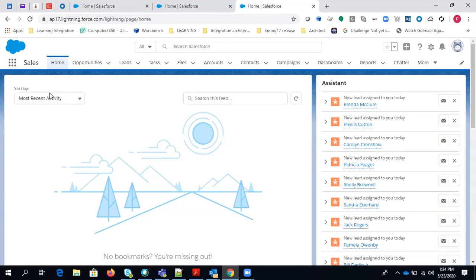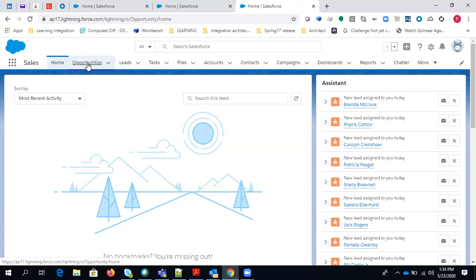But here, with the help of this opportunity Kanban view, you can easily get an idea about your company data. So in the sales app we had this opportunity. In classic as well, we had this particular object, opportunity. You all are aware that opportunity gives you information about the ongoing deals, the closed deals, and the won deals, all the deal information you can get with the opportunity.